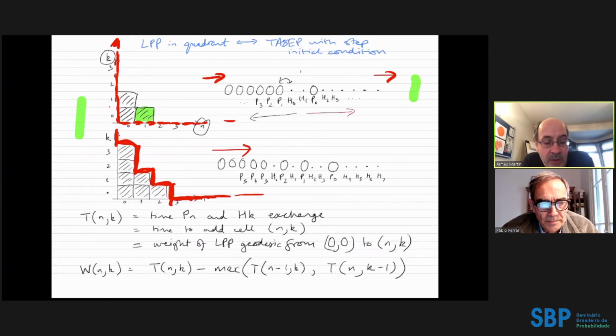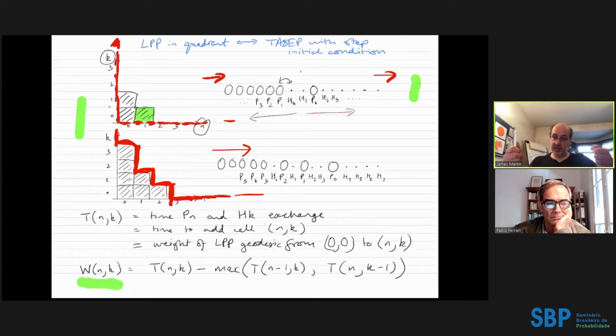T_{n,k} we could call the time that particle n and hole k exchange. So that's the time that we add the cell (n,k) in the picture. And that turns out to be the weight of the geodesic in last passage percolation from (0,0) to (n,k). And that's because we can couple these things so that they obey the same recurrences. So let's let W_{n,k},